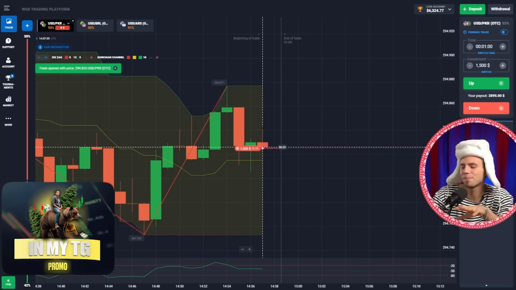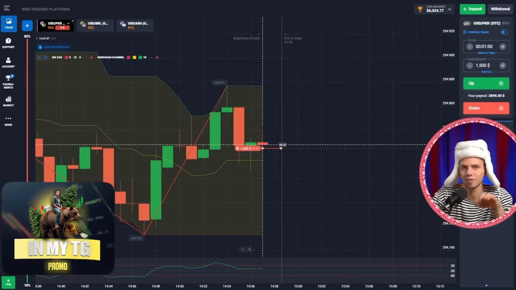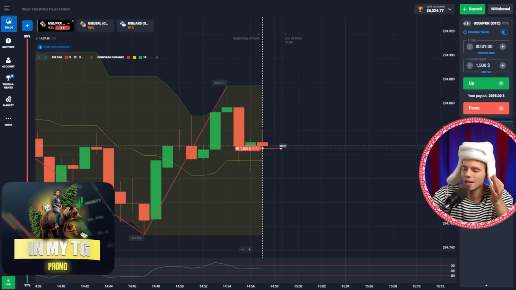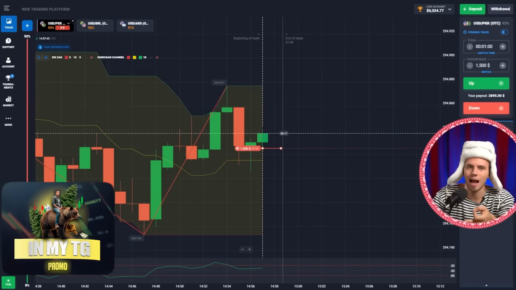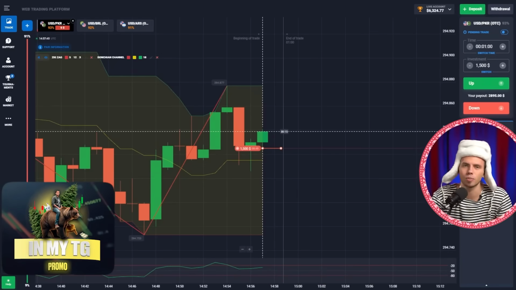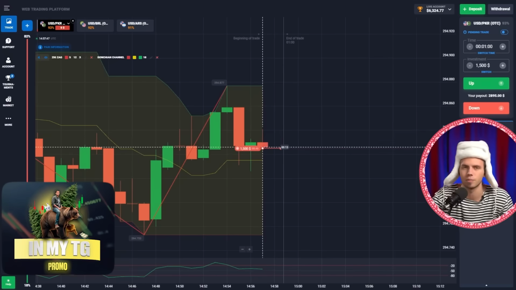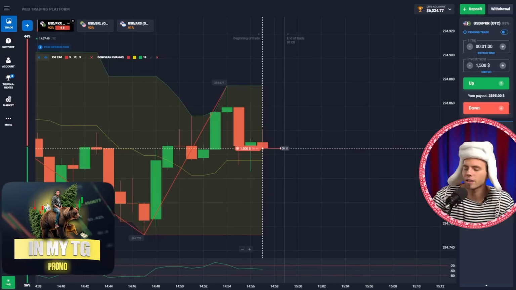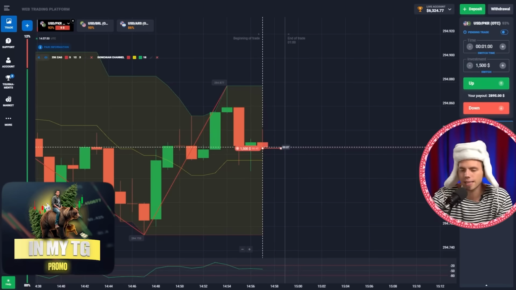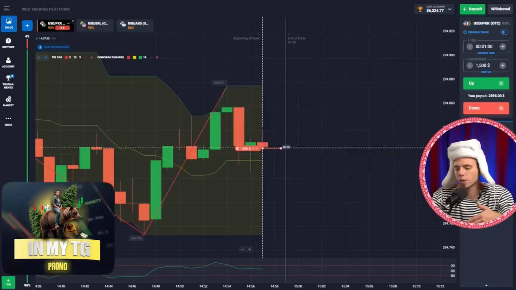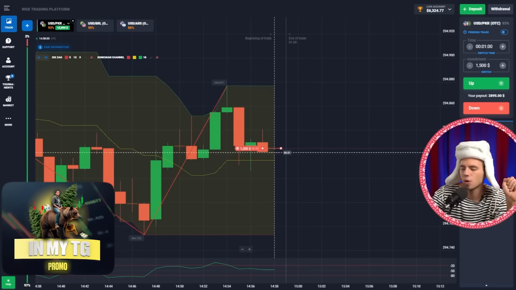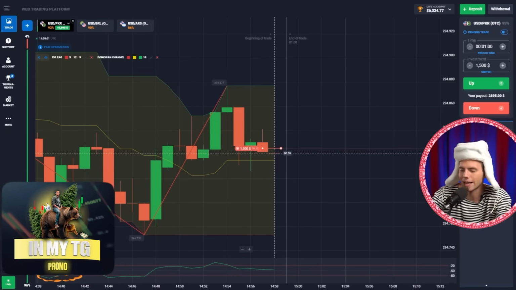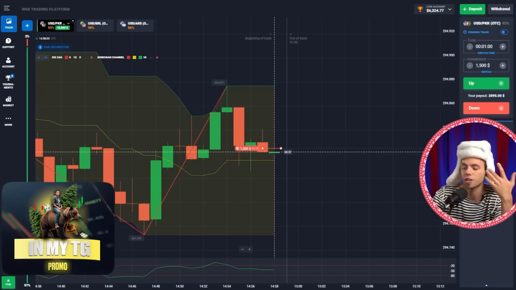So we see a pattern here, inverted hammer. If you are watching my videos, you already know about it. If you don't know what it is, hit the link and go to my Telegram channel. You will find all the information there. Here we have a pattern, inverted hammer, and the price is moving away from the upper boundary downward, you see, and so we are rebounding from the zigzag line. Pretty similar situation actually. We are waiting for a downside breakout, so the oscillator has a margin of safety.